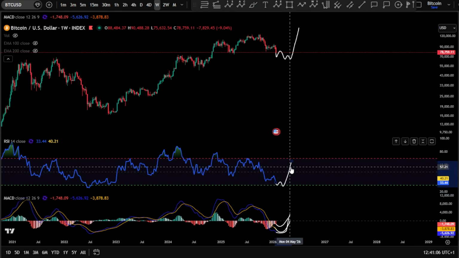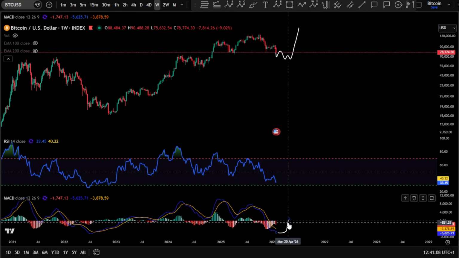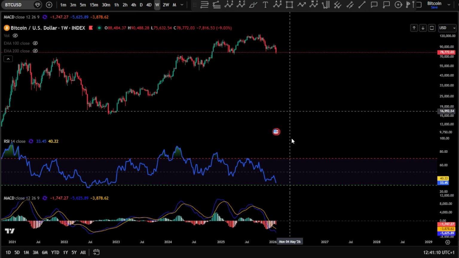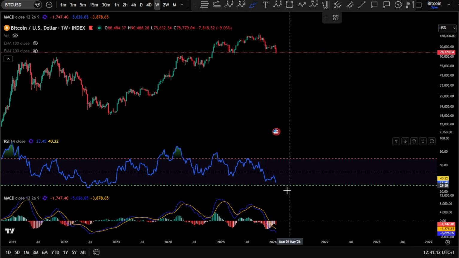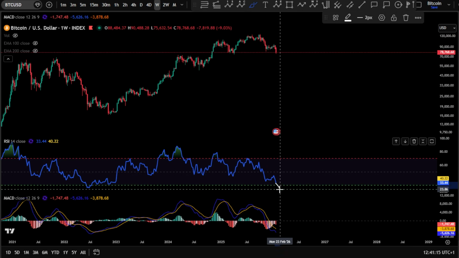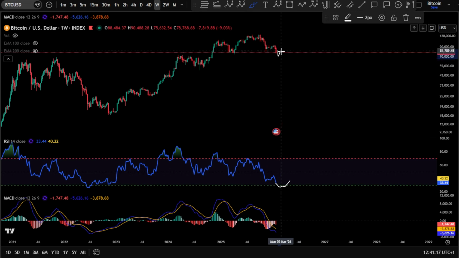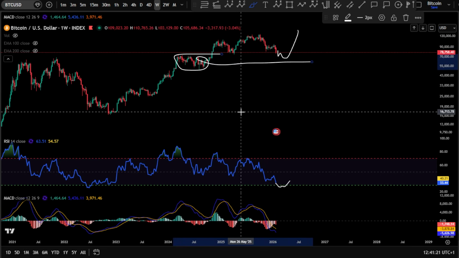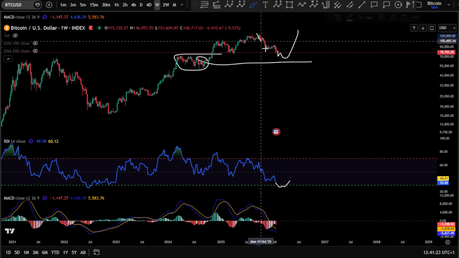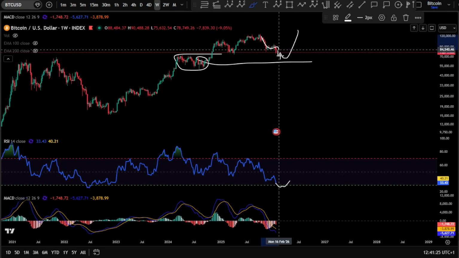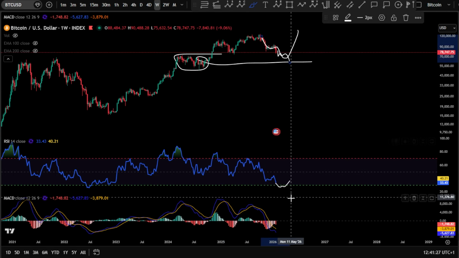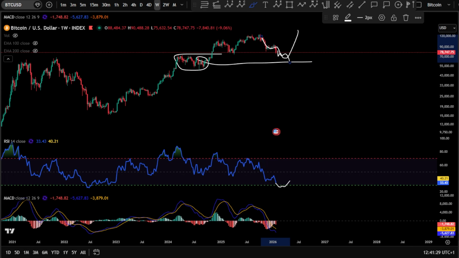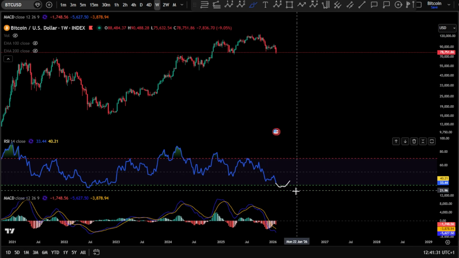So yeah, very nice for the weekly. It shows exactly our scenario unfolding, and that we are very, very close to the oversold area on the weekly, and this might be the trigger once we finish, of course, our ending diagonal, and in confluence with this technical area, A, B, and a C, 1, 2, 3, 4, and a 5 for an ending diagonal. Yeah, so this is exactly what I'm expecting. A bull run might start to unfold here.